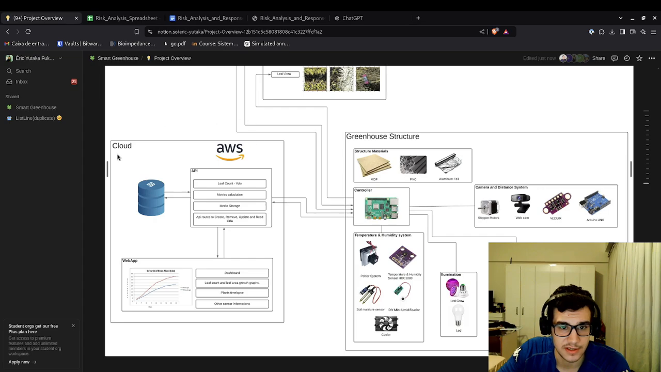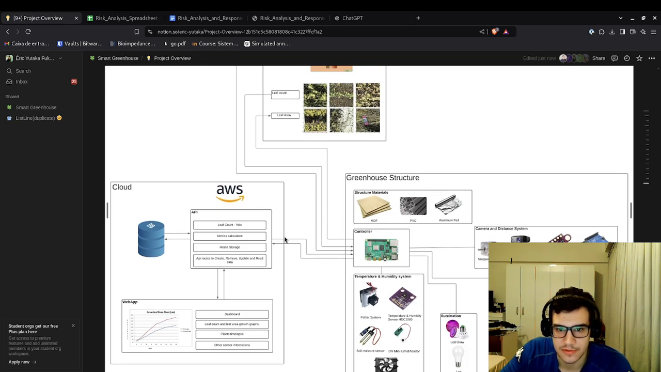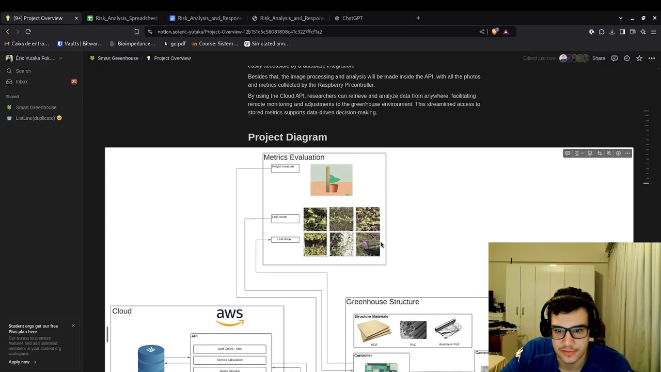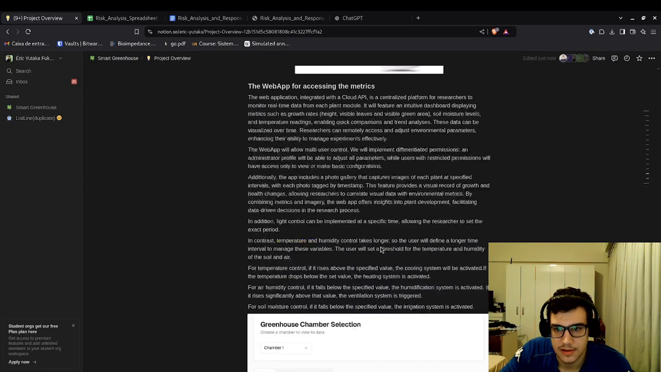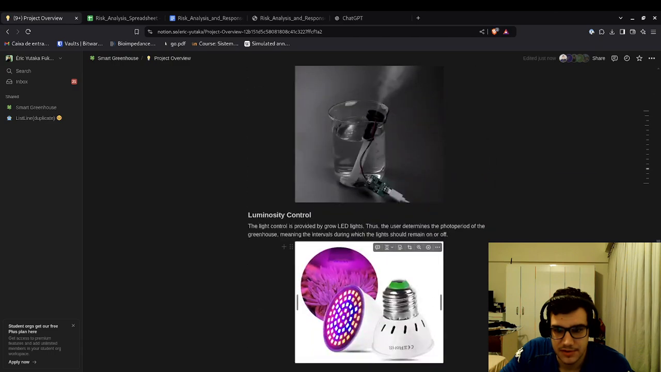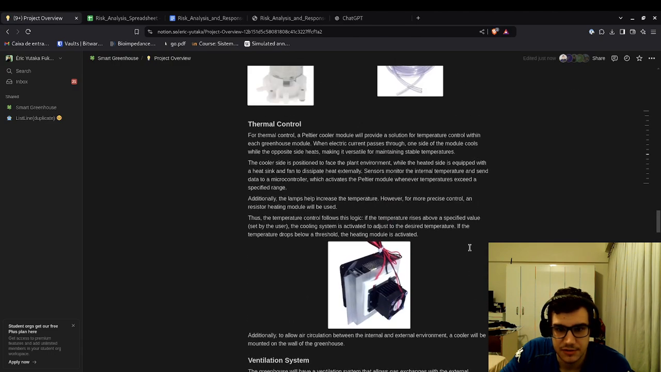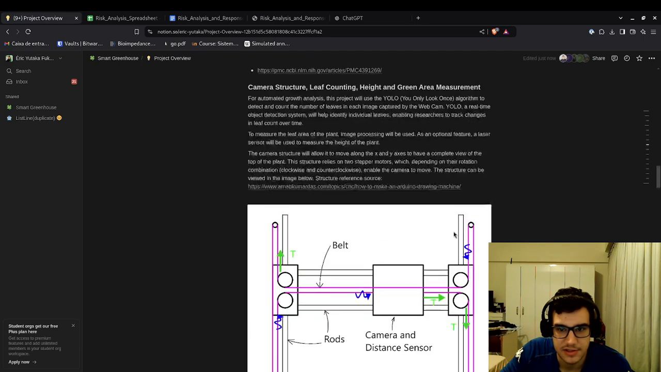Also, we're going to have a cloud API that will be on AWS or any other cloud provider that has a free tier, and also a database just to store data and so on. That will intermediate the system control here. Okay, we're going to have this luminosity control, humidity control, thermal control, irrigation system, and so on. So, okay,